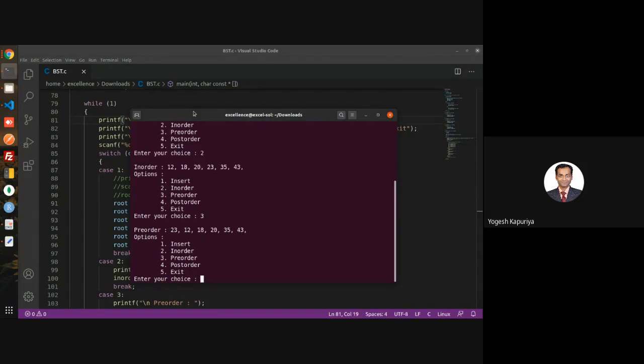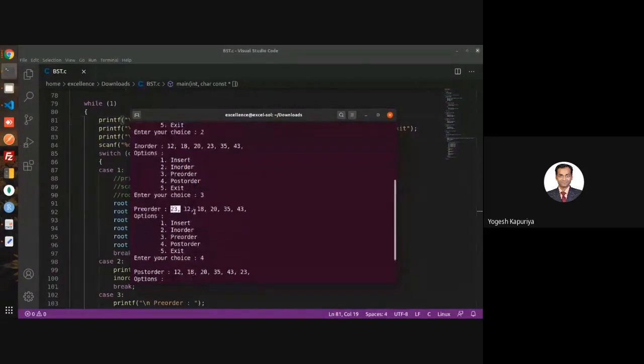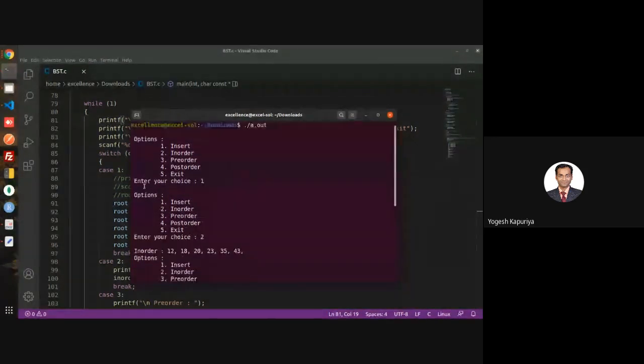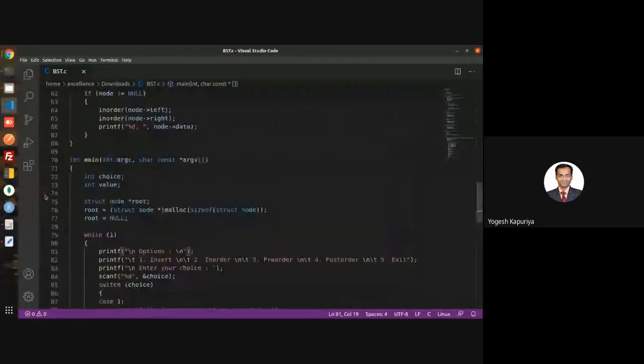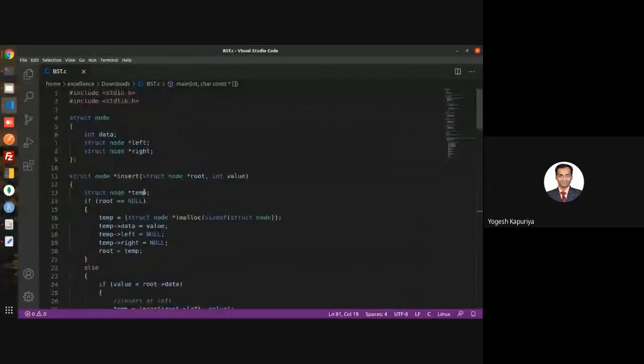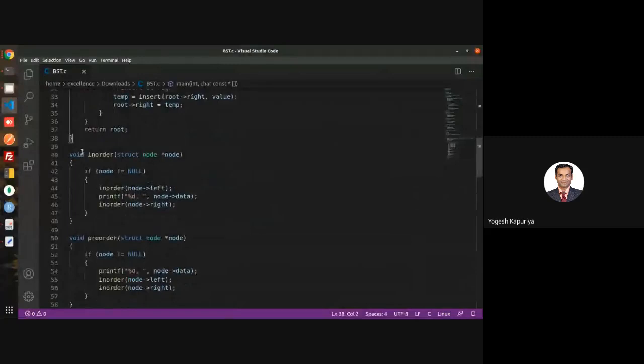Then pre-order, in-order, pre-order and post-order. It has to be correct. You can verify by simply looking at the final. Post-order means your last node will be the root node and pre-order's first node will be the root node. Okay. So that means my traversal is, this is how you can perform the traversal.